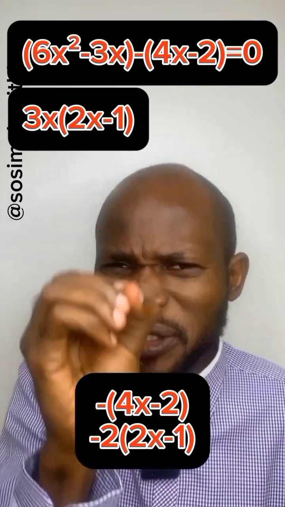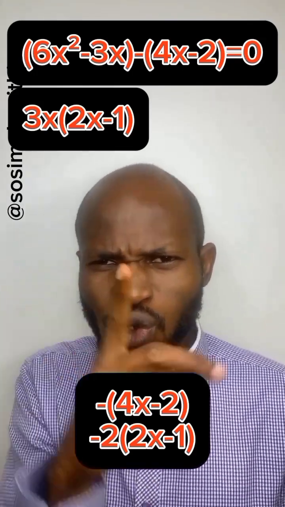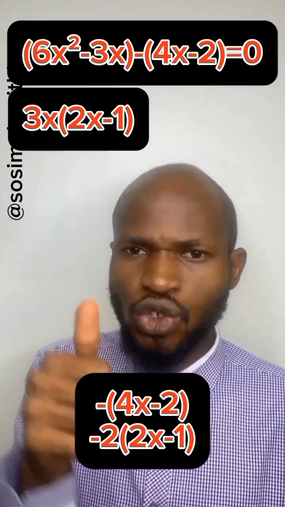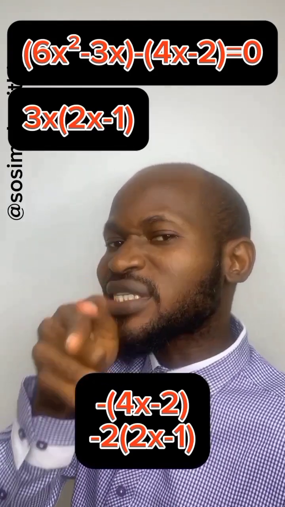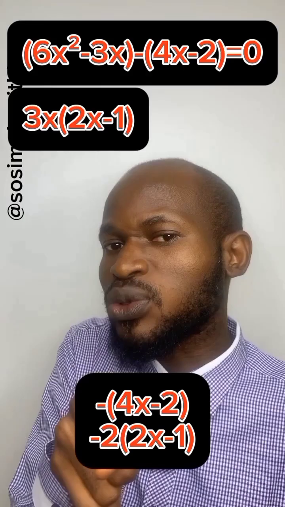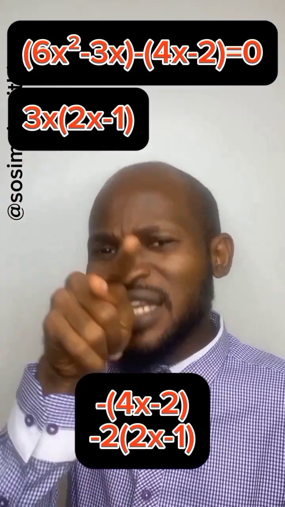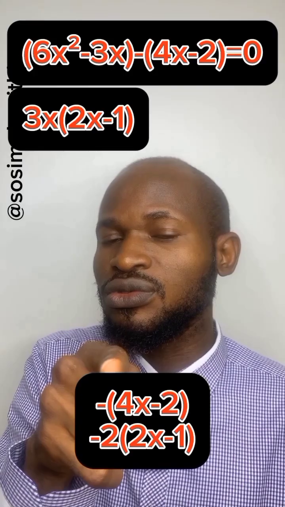Look for something common. What's common? 2 can go. 2 can go into 2x. Yes. Take that 2 outside. So you have your minus, you have your 2 outside. Then your bracket now. Divide your 4x minus 2 by 2. If you do that,